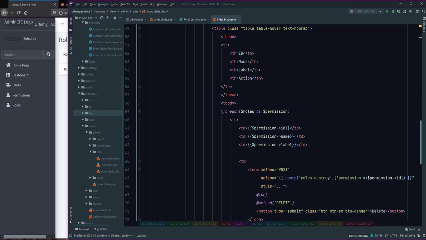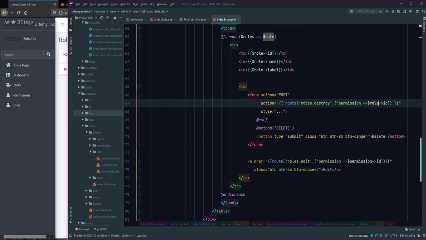Okay, ID, name, label, and we can change or use this. Change to rule, and change this, and this, and this, and this, and copy this and copy in this. Okay,